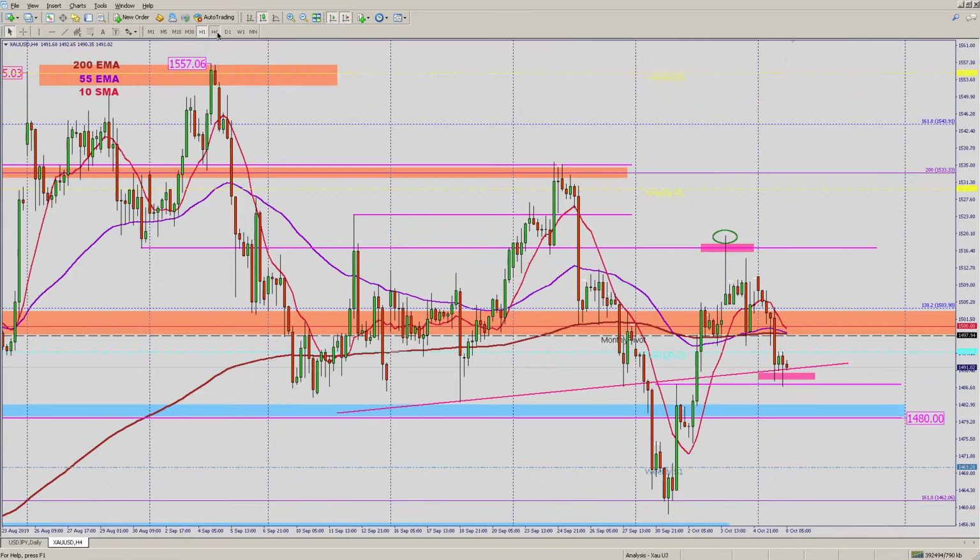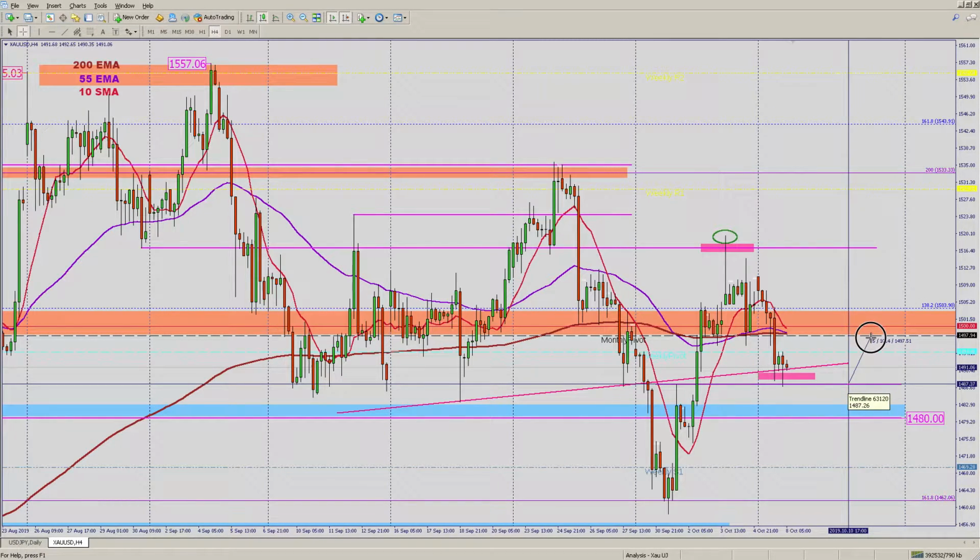Let's go back to the 4-hour time frame. So this was where the previous intermediate support wave was with the rising trend line here, and now potentially this zone is going to be the key resistance area with the monthly pivot, 255 period EMAs, and all just below the 1500 psychological level. So we'll see whether it's able to find support from this trend line as well as this horizontal trend line at 1487,